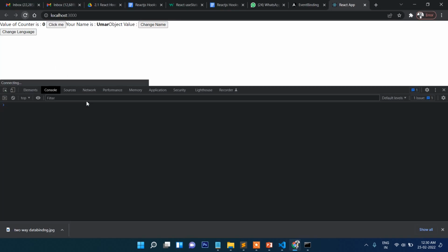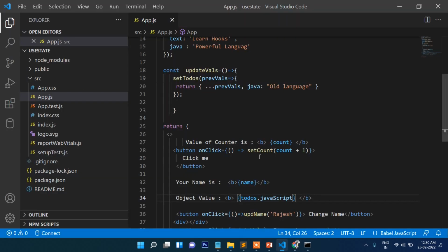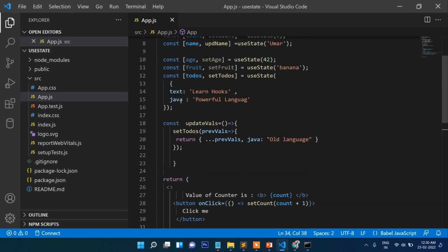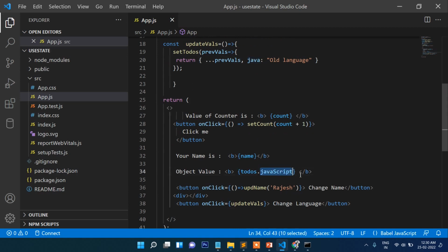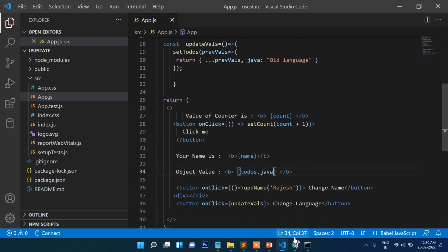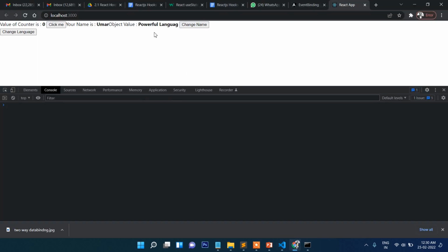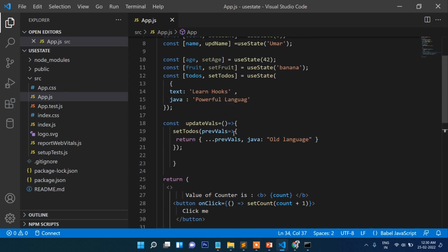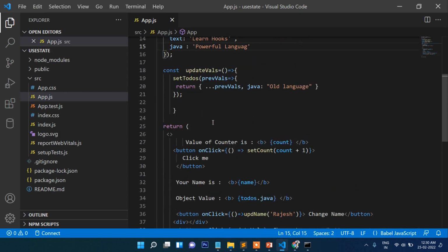Yeah, so now it's changed. Here it will show change language. The initial language is todo dot JavaScript. So the initial value will be this, it's actually the object value. It's saying powerful language, and when we update